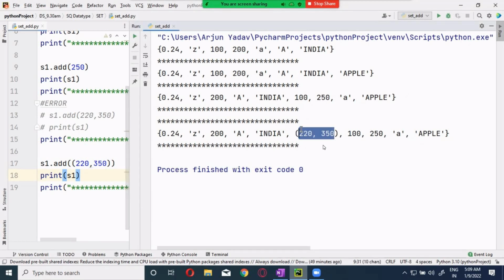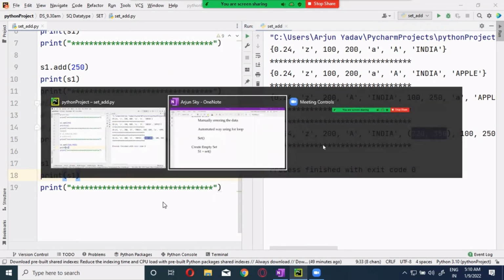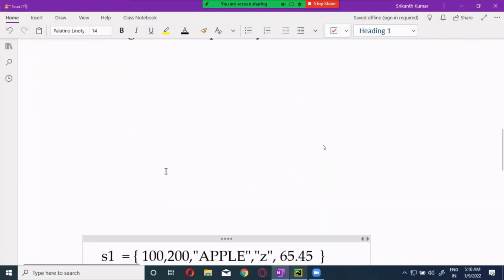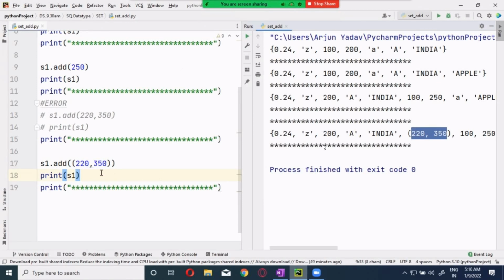Can you see this, guys? Okay. Now, why this is accepted is I told you over here in the... here it is partially accepted. Now I'm going to explain that one later on. Now, if you are going to give a set over here, can you see it as set?